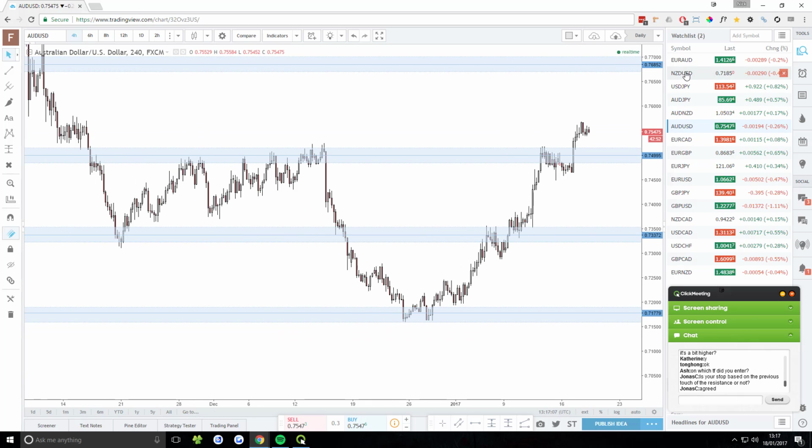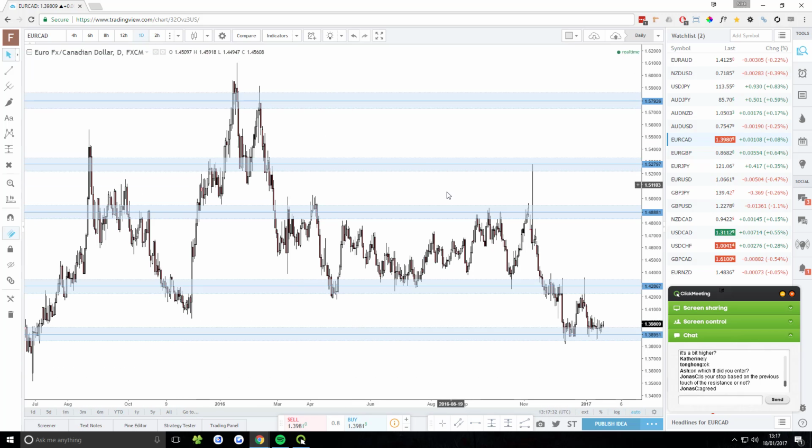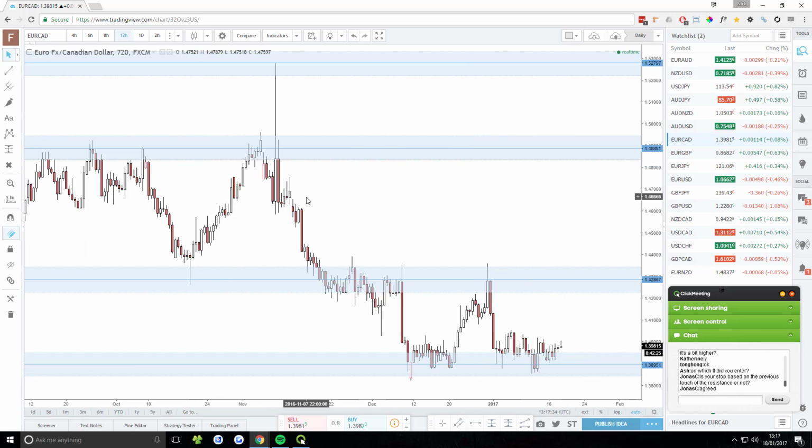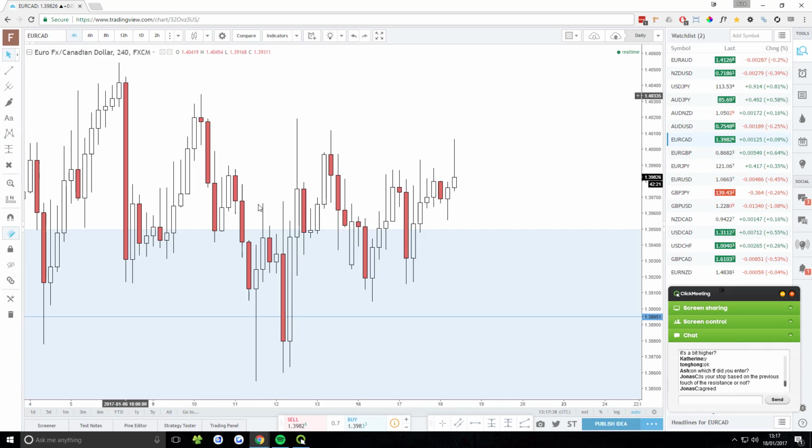Most pairs, when you look at them on a day-to-day basis, are going to be in between two support resistance areas, because our support resistance areas take up this much space and the space in between takes up this much space. So more often than not, you're going to see price in between two support resistance areas. This is pretty normal. Euro CAD is just ranging on top of a support resistance area. Nothing really much that's tradable here. It's just too tight a range.